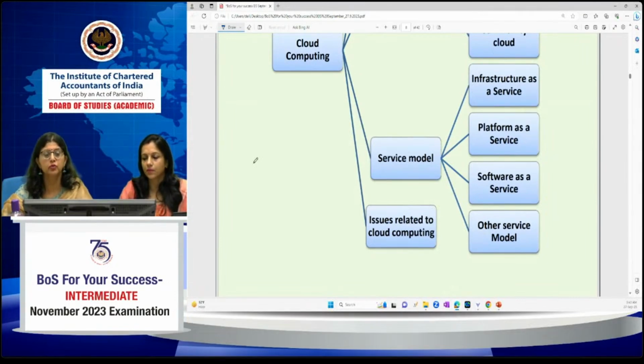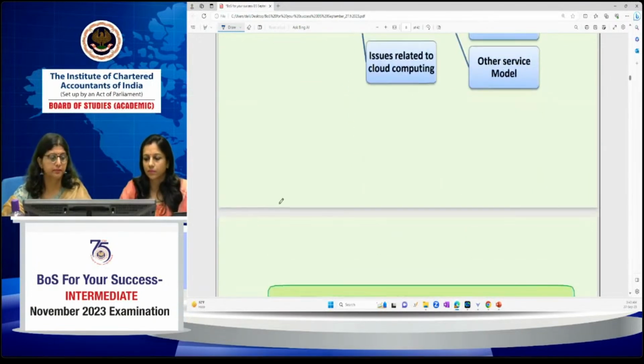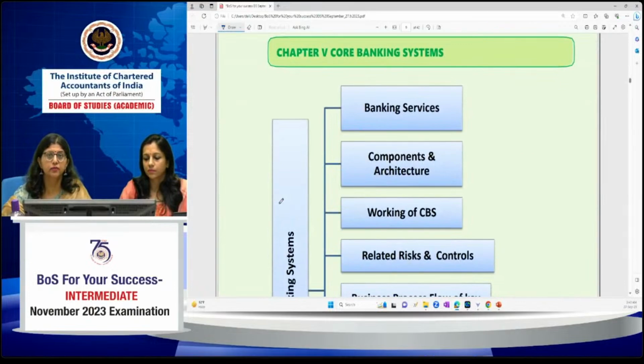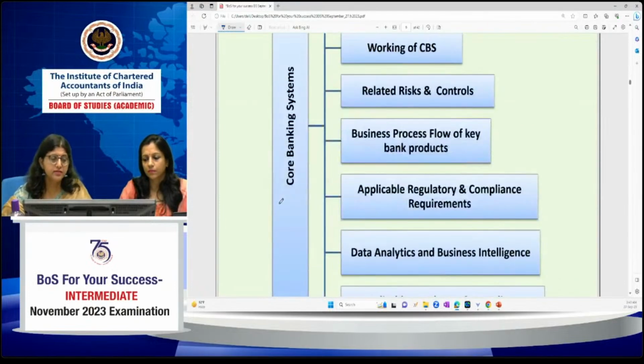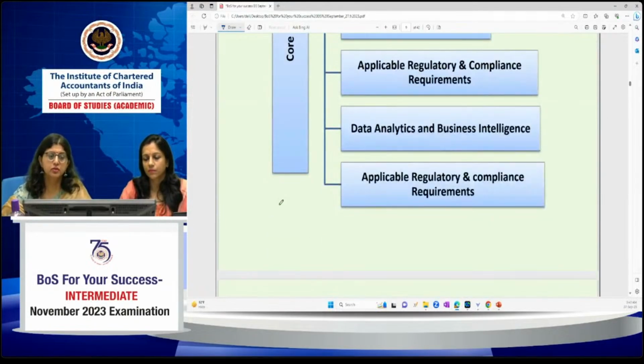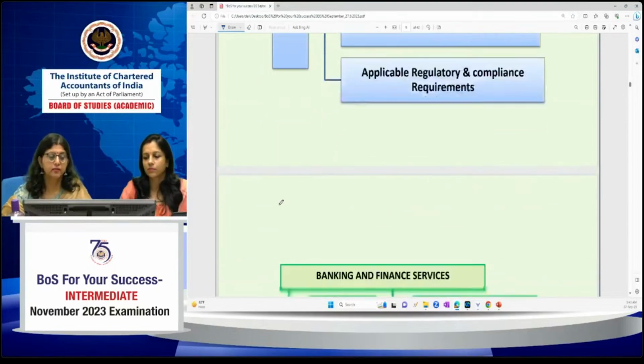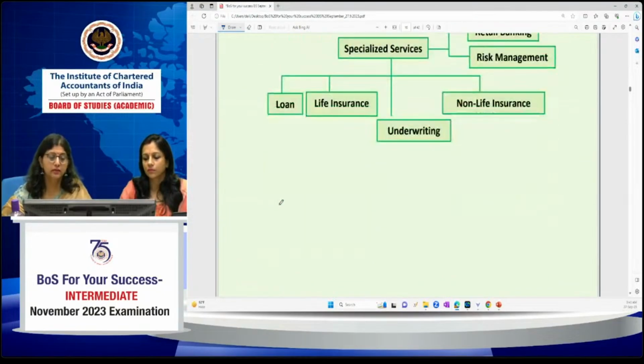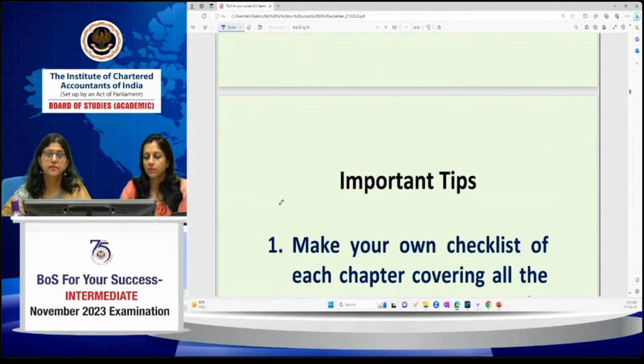because it will give you a clear bird's eye view of what all is there and what all I have to do, so that you can plan your studies and pick up the pace, knowing that this is a lengthy chapter, I need to pick up the pace, or what all is getting covered under this chapter. And likewise, we have it for chapter 5 also. So once this is understood, what is the coverage,